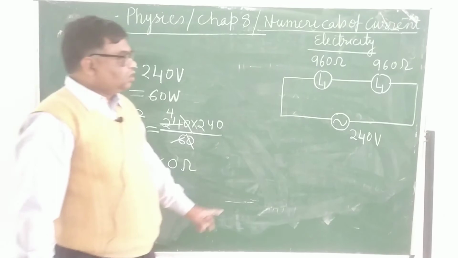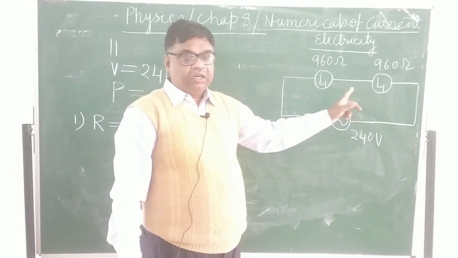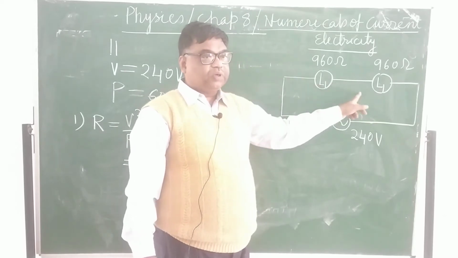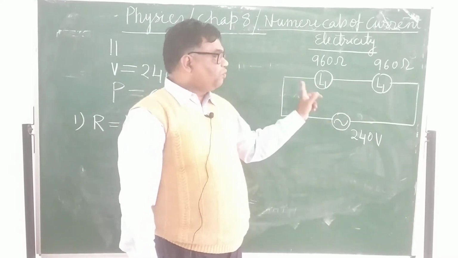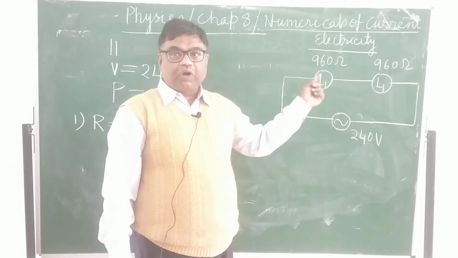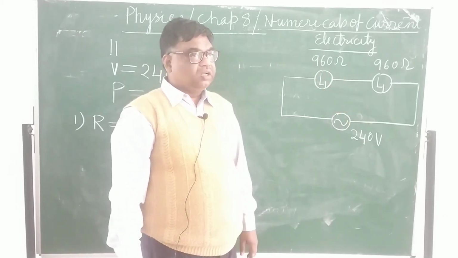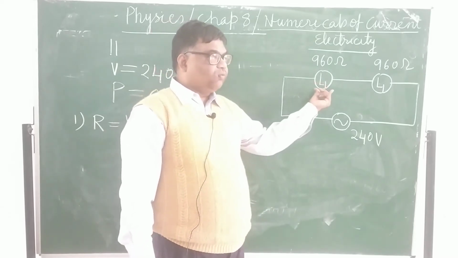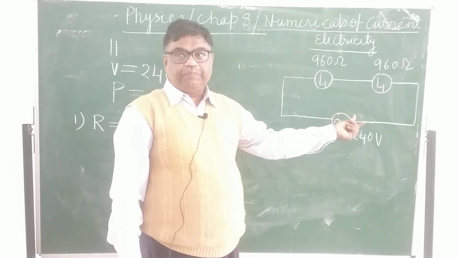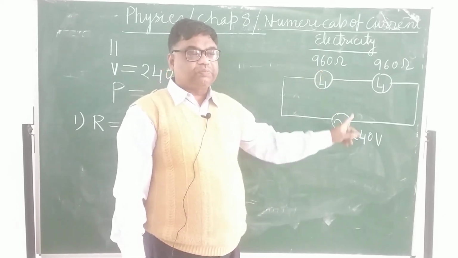But here, both the bulbs are identical. Total voltage across them, suppose the voltage is V1 here and V2 here, V1 plus V2 equals 240. So what will it be across one? It will be 240 upon 2 equals 120 volt. Why is it 120 volt? Because both are identical. If they were not identical, it would not divide equally. Understood? So since lesser voltage is now available across each lamp, lesser power will be liberated, lesser heat energy will be liberated per unit time, and therefore it will glow less brightly.